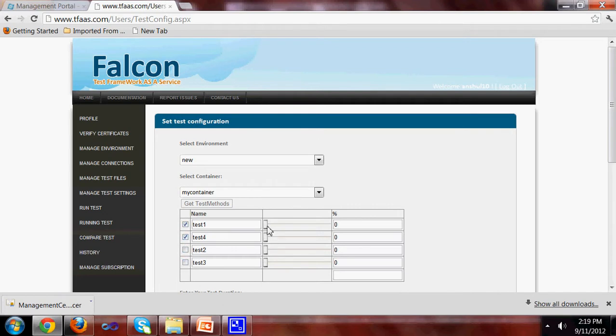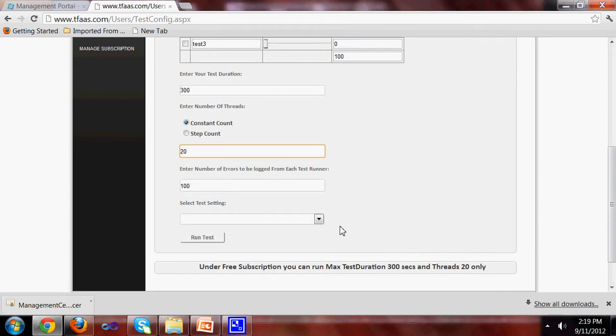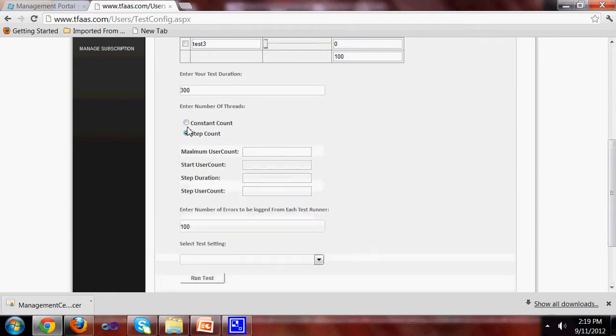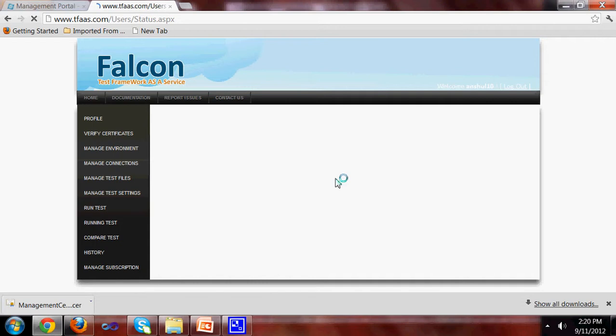Let's say I want to run test 1 and test 4. I say 50% of test 1 and 50% of test 2. Enter the test duration, say number of threads. You can always choose the step count as well, but you can say constant count for the time being. Select your, say, run test. What it is going to do is